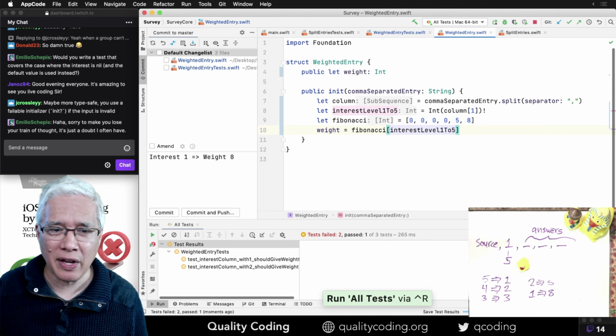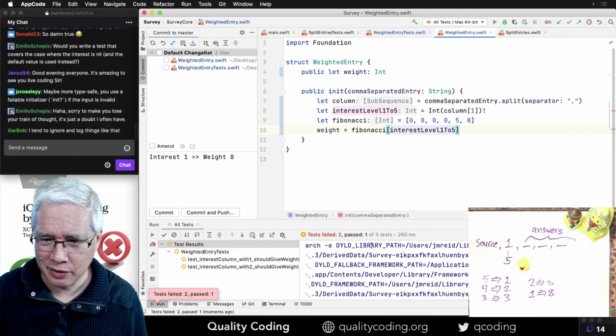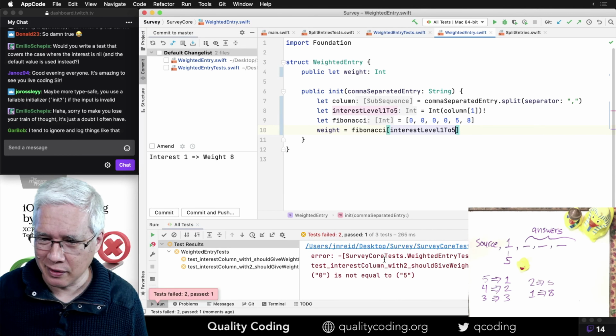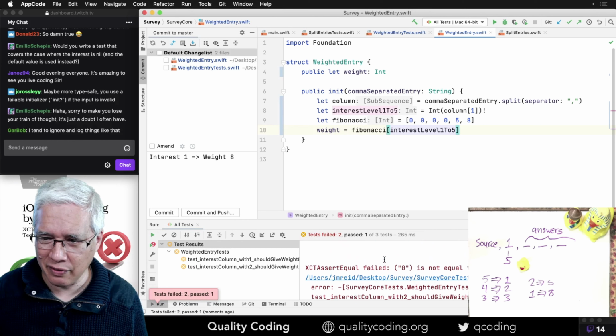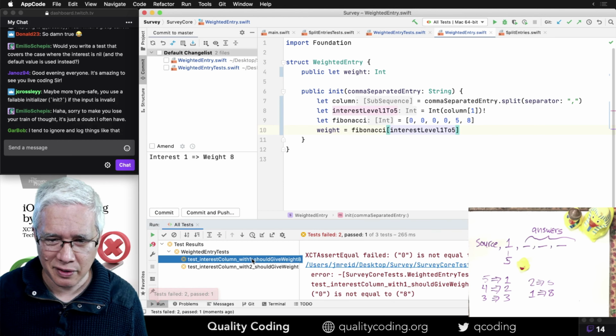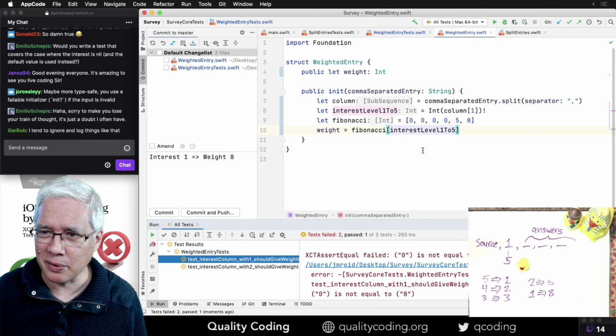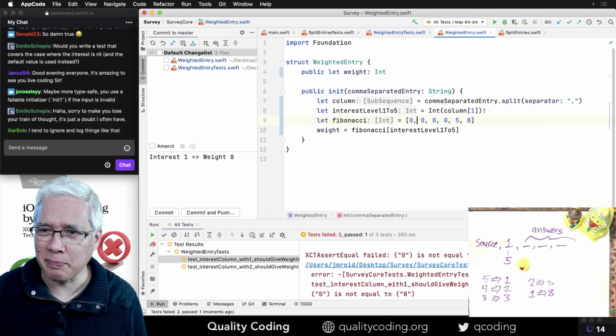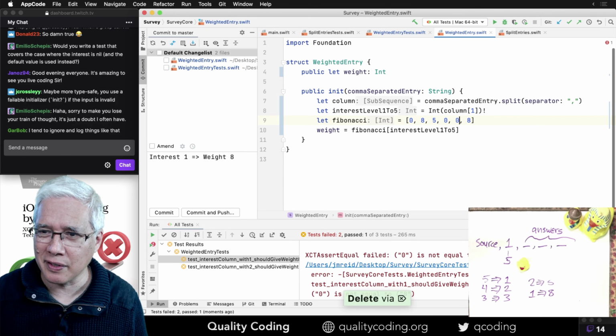Will this pass or will this fail or will this crash? 0 is not equal to 5. Okay, 0 is not equal to 8 and 0 is not equal to 5. Oh, I done messed up and I don't know why or how. I think it's because I got these backwards. So my prediction: I hit pass.